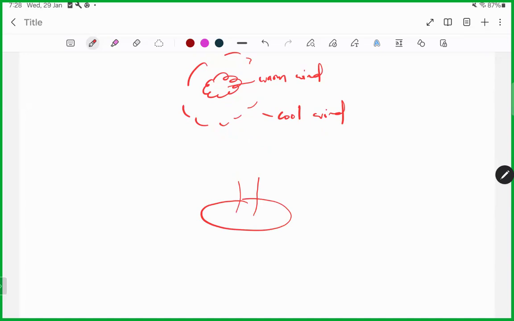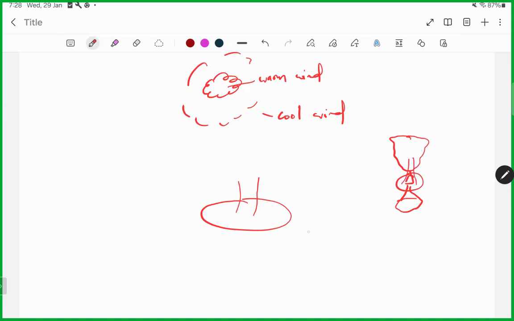anything which gets warm becomes lighter. There used to be a parachute like this, and there will be a fire here, and people will be traveling in it. A hot air balloon is also like that, because there is a fire here. It warms the air, and as the air gets warm, it expands.